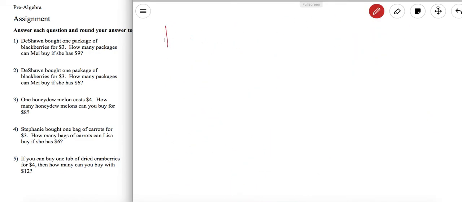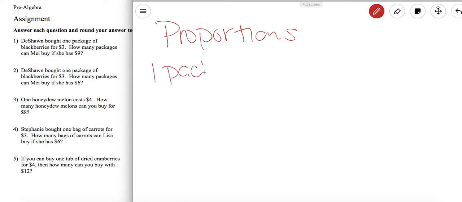Let's try another one. For all of these, we're just going to keep doing proportions. Let's read the second one. Deshawn bought 1 package of blackberries for $3. How many packages can Mai buy if she has $6? So it's similar to the first problem. We're going to look at this one now. 1 package of blackberries for $3. So again, 1 package